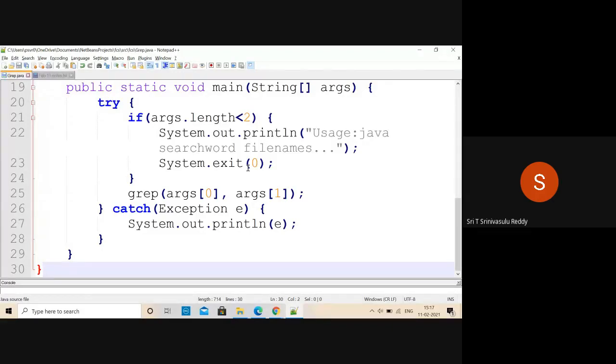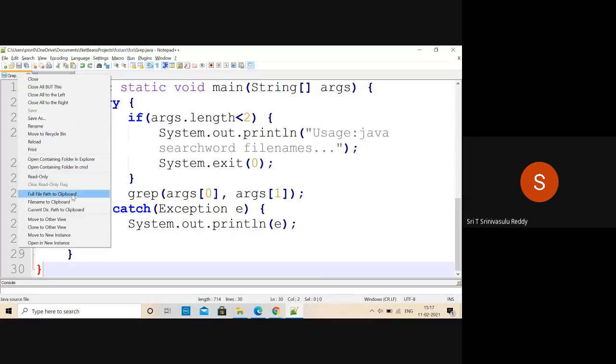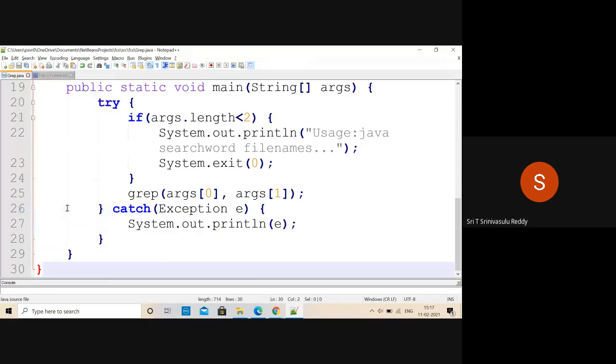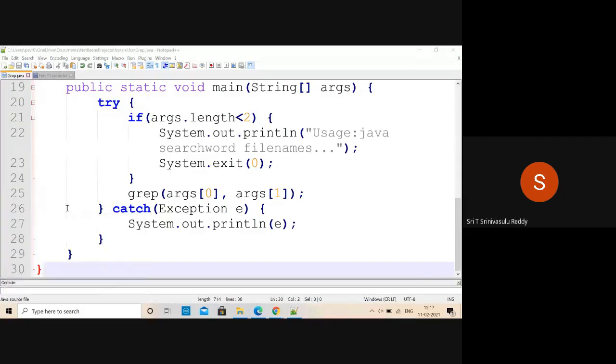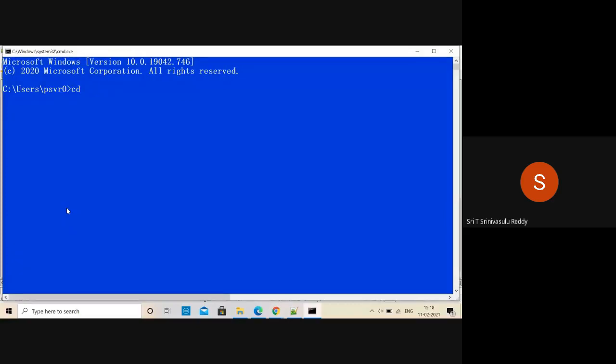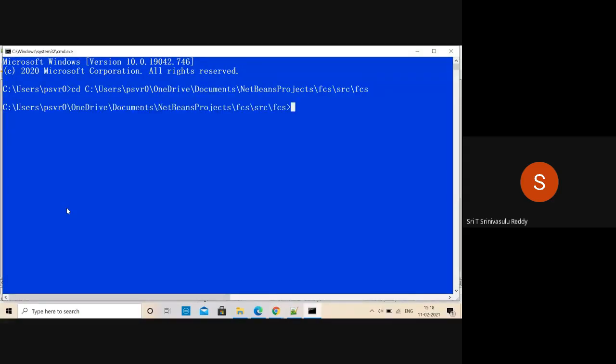Let us now try to run this. Let me copy the full file path, current directory path to clipboard, then cd to it. Now javac followed by grep.